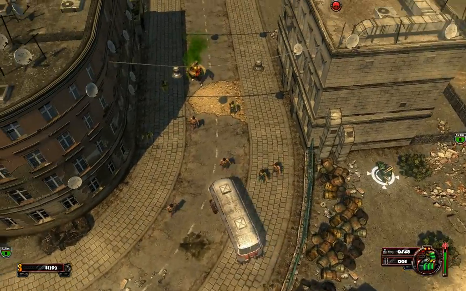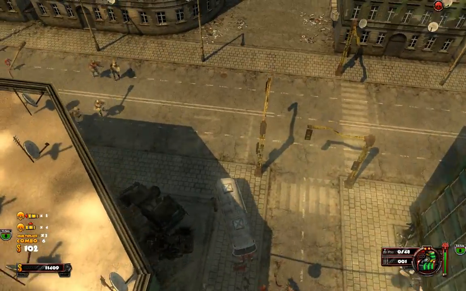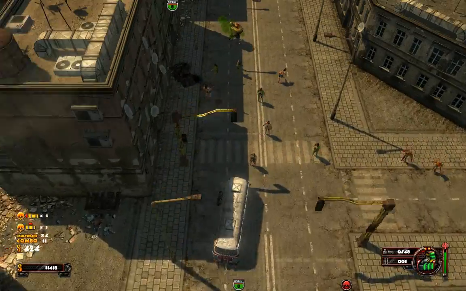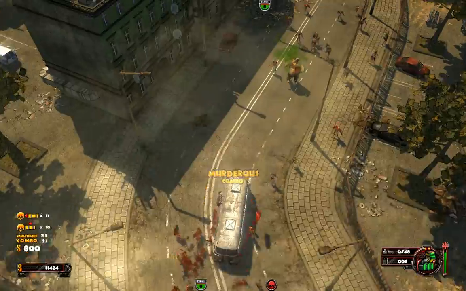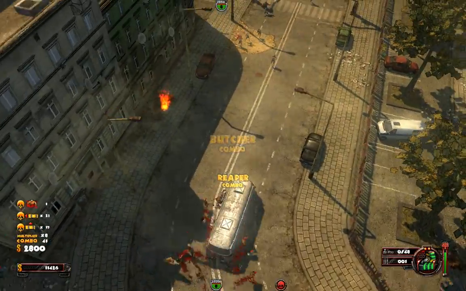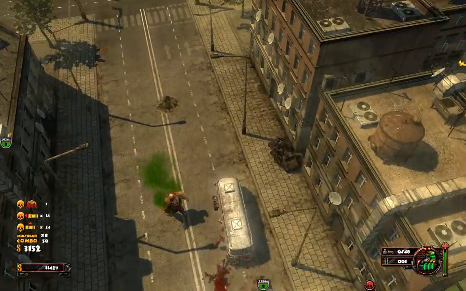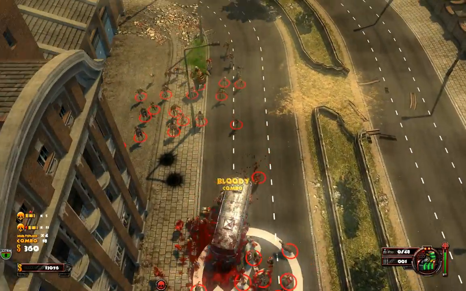As you can see, there's a few markers on the screen, and I'll be riding towards them. Typically the story mode is if you drive to one point, one marker, you kill all the zombies in that area, and you pick up the survivors and you go to the next point. There is different kinds of